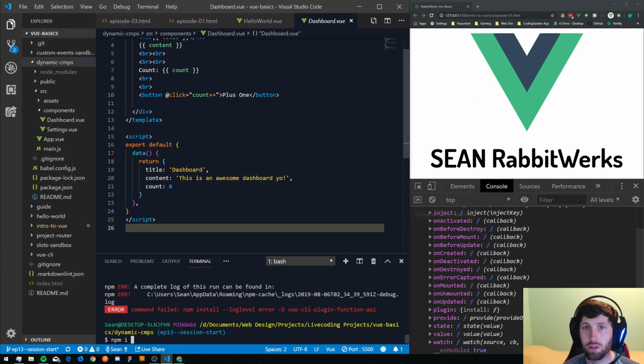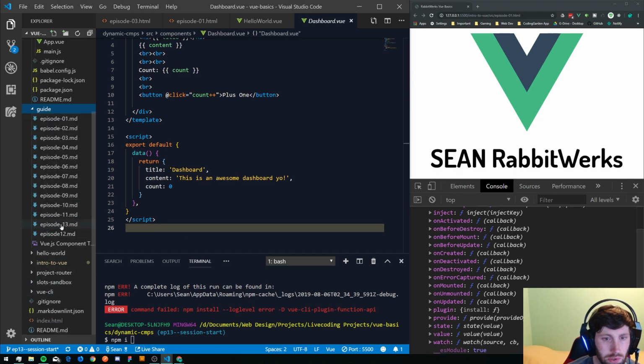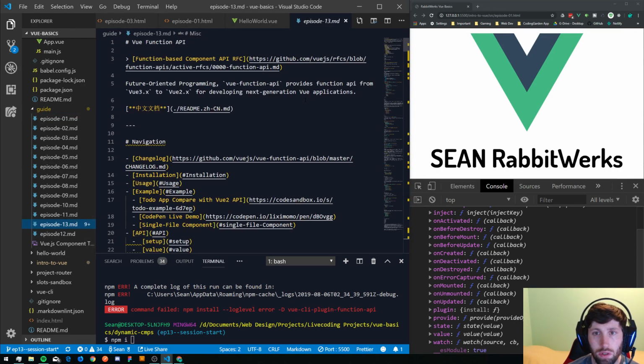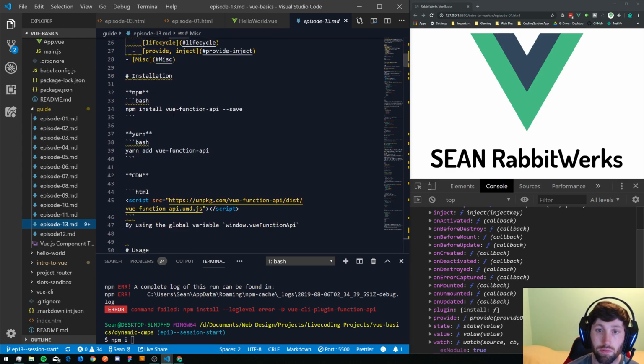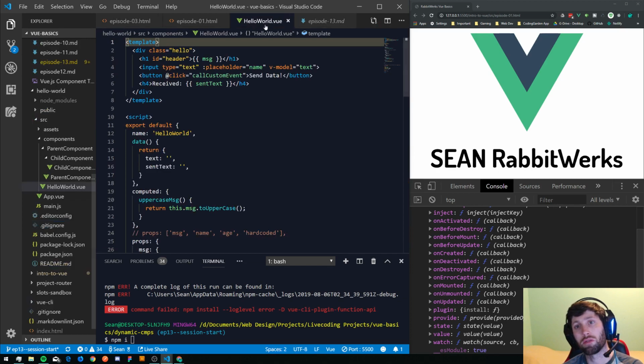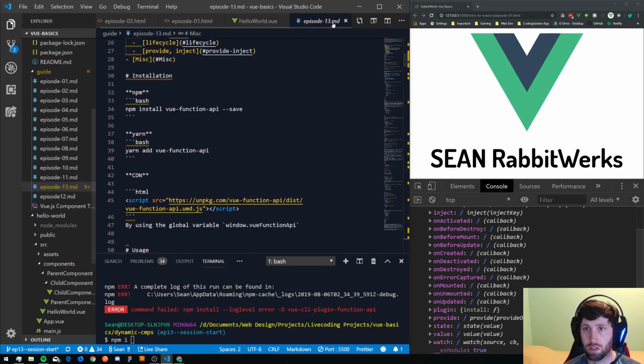Shoot. Was it just function-based API or function API? Let's see, a guide, episode. Oh, I missed a hyphen on that one. Shoot. What is it? Vue function API --save. I don't think the --save is required anymore these days, but